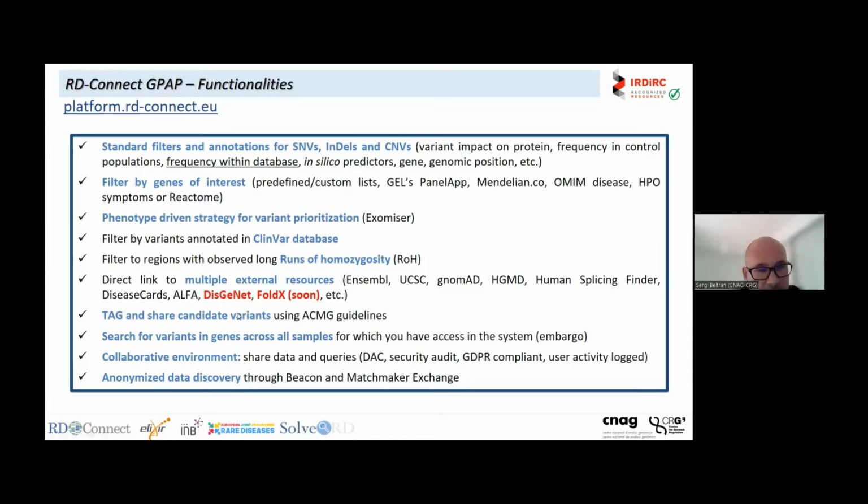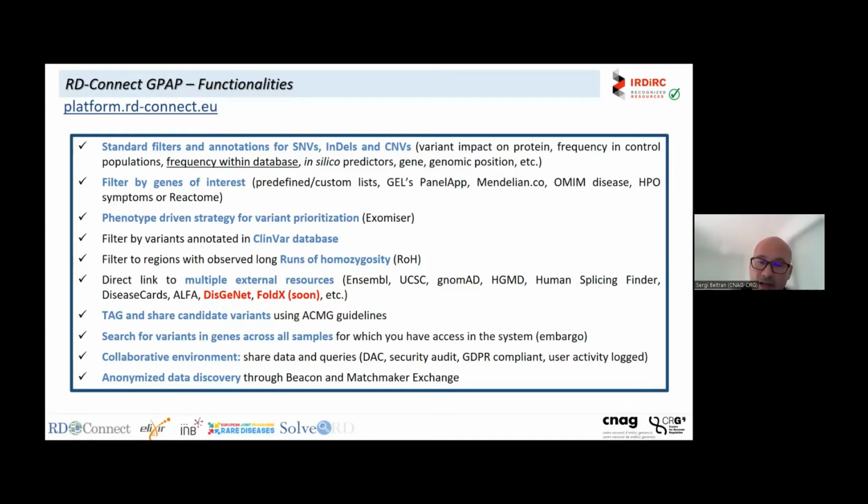indicate which variants might be of interest for further evaluation, or for collaboration or querying through, for example, Matchmaker Exchange, which is a system to connect different systems like this one. Also very important in a system like that, and I will not show this afterwards, the system allows you to search for variants in gene across all samples, because everyone is registered, authenticated, and authorized. You can search for variants across all the data sets in the system,